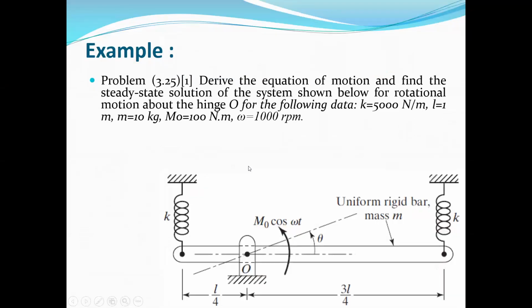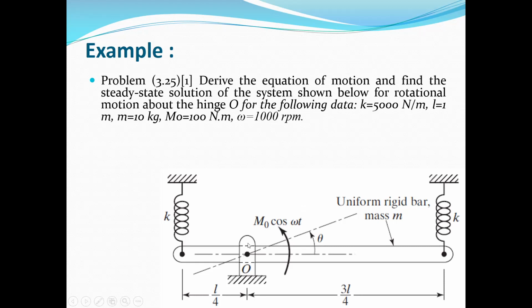Okay, we continue with one example. Here we want to derive the equation of motion for this system, which consists of a rigid bar, and we want to find the steady state solution of this system subjected to this moment M naught cosine omega t. As you can see, this is a harmonic excitation